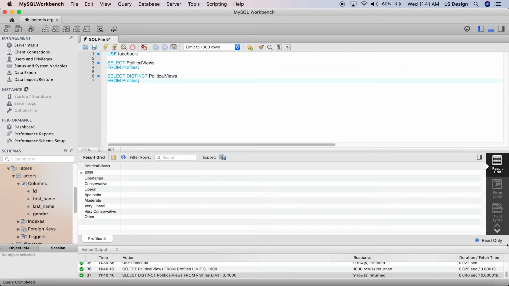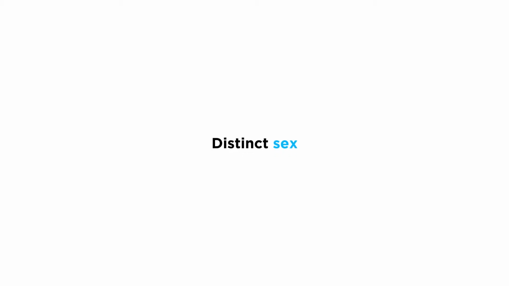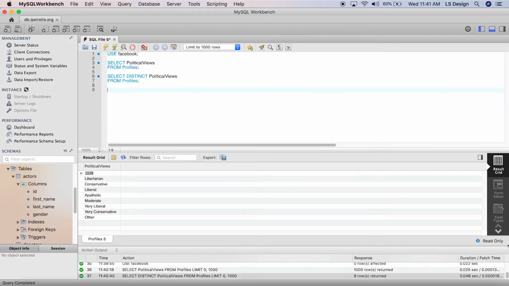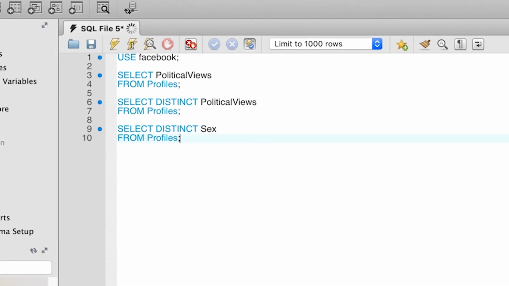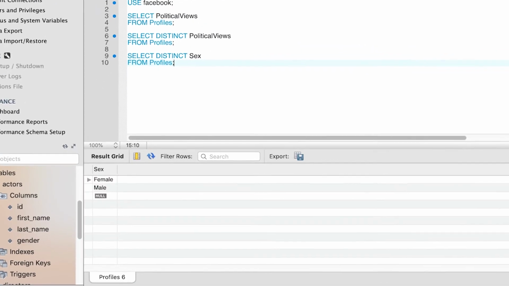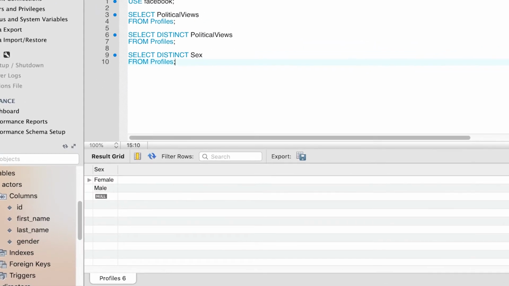We want to find the distinct values that are stored in the sex column of the profiles table. So how do we do that? Select distinct sex from profiles. We execute the query, we get back the results, and you can see that we have just male, female, and null, which is the empty value.